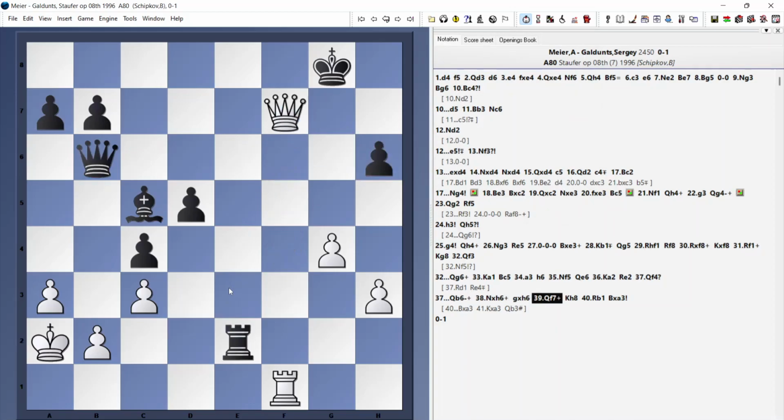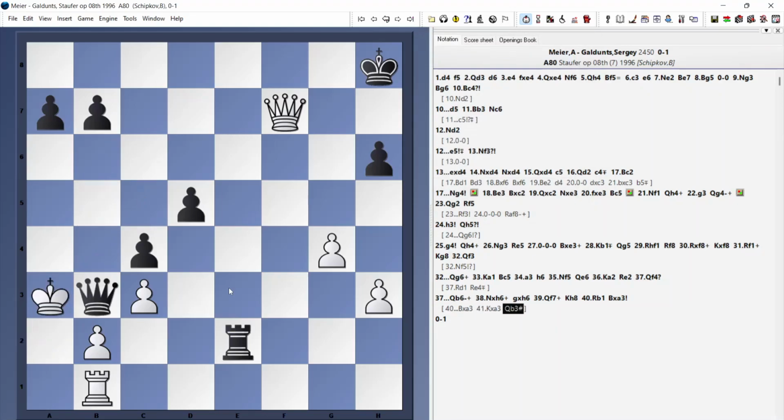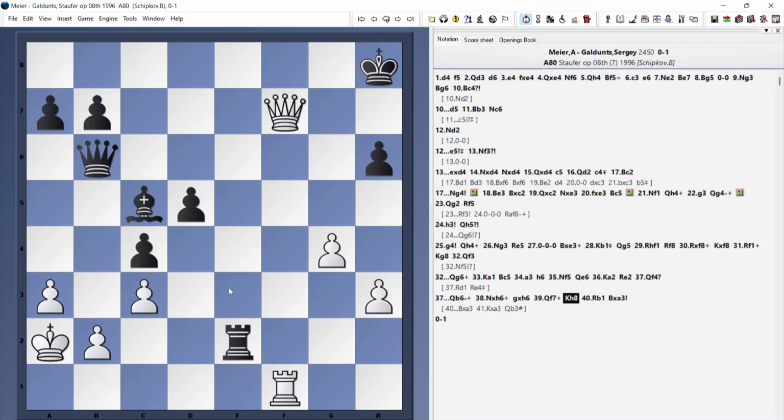Desperation sacrifice by white. And a nice ending right there, because it's going to be mate if king takes a3, simply queen b3. So nice little tactic at the end there. All right, so you can see